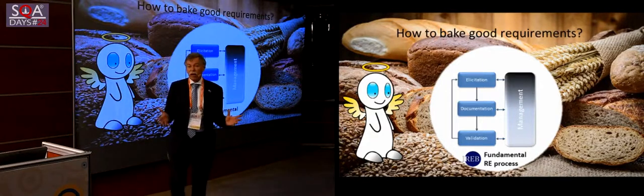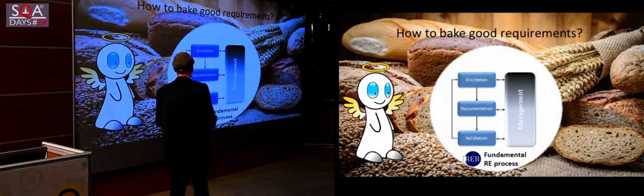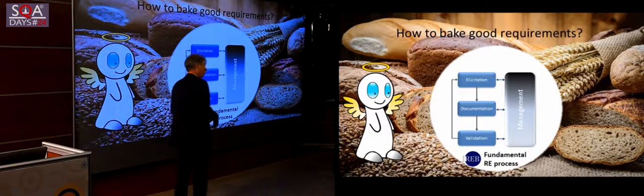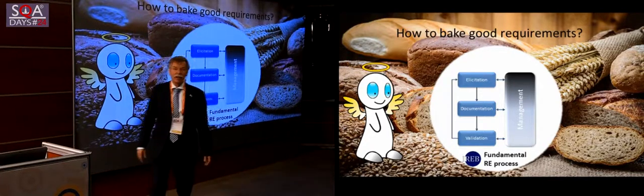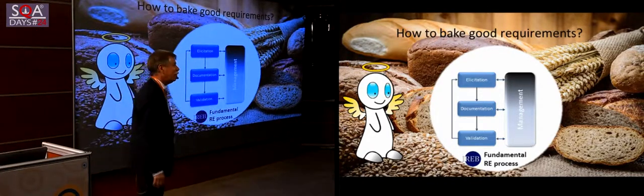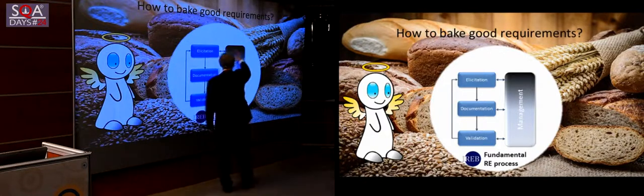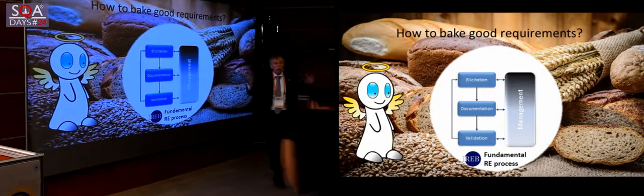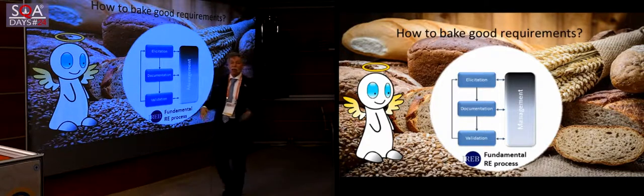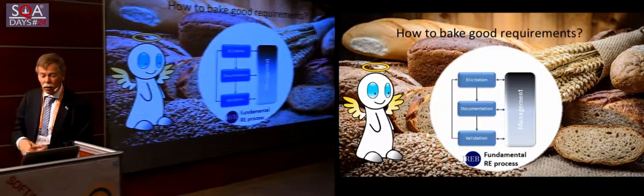In one way or another, you have to capture them, even if you're agile and you want to document things as little as possible, you still have to capture them. And the last step is validation. Prove that they are valid, prove that they are correct, check their quality. And this must be embedded in some kind of management of these requirements, because this is a growing set of requirements, and if you just let it go by itself, things will go wrong.